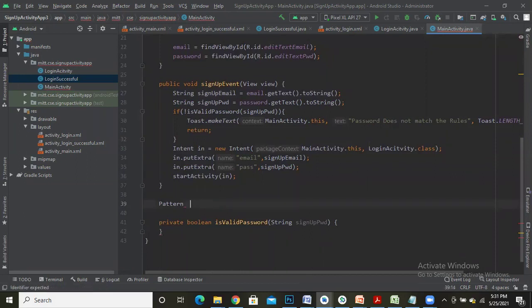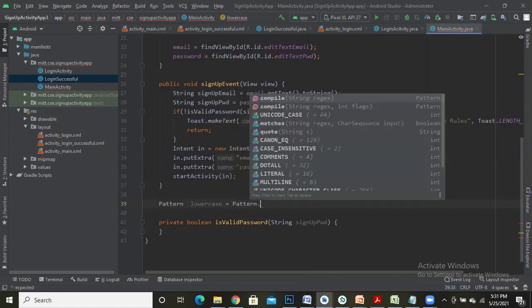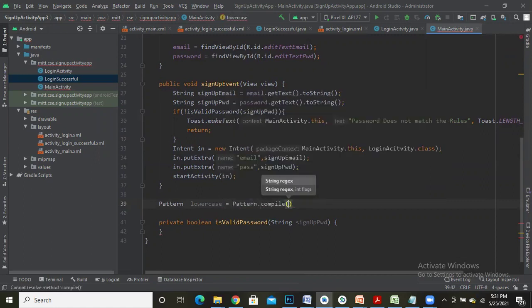So I'll write a pattern for lowercase. For lowercase, I'll generate a pattern which is going to compile the regular expression.